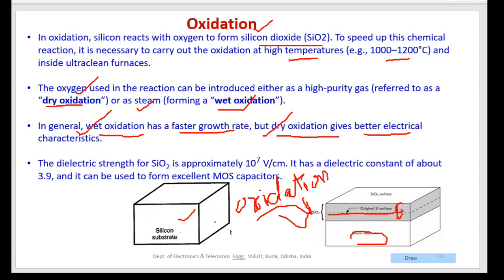So some part of the SiO2 has gone into the wafer layer, and some part has come over the wafer layer. So it is inserted inside the silicon, and also grown above the silicon. Both are happening here. So this was the actual silicon interface, and after oxidation of the silicon, the actual SiO2 layer is this one, right?